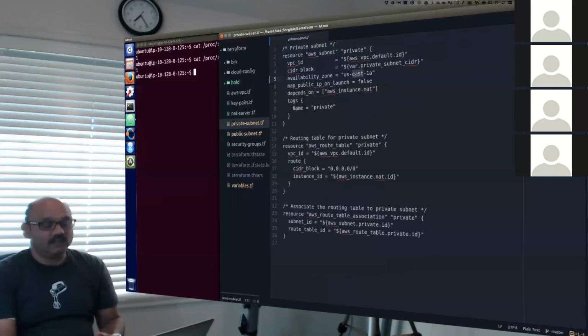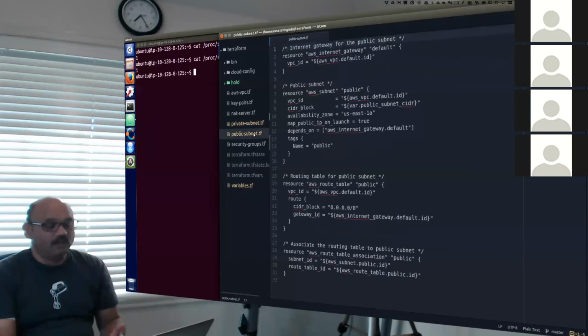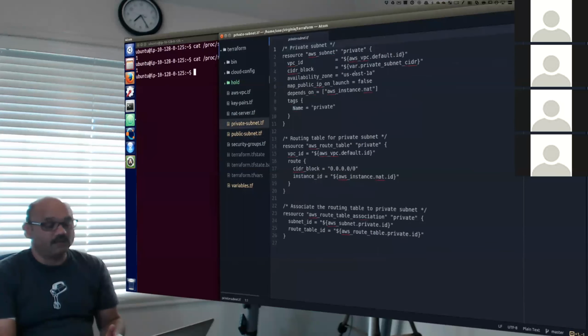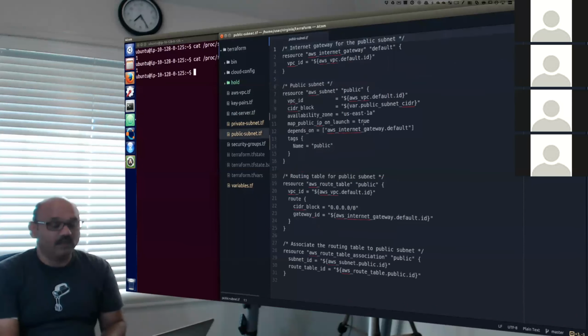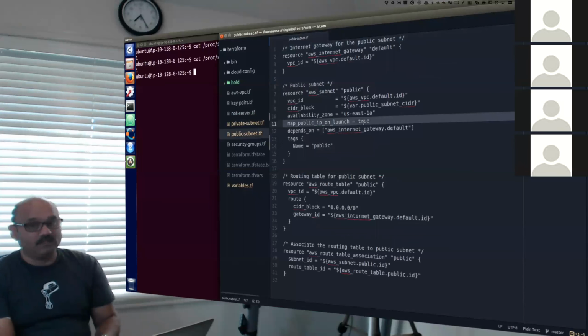In our private subnet, we are also saying that, use the subnet CIDR, use east1. Yeah, we want to use East Coast because we are in Virginia. And so map public IP on launch, we want to say false to it, as opposed to public subnet, where we said true to it. In a public subnet, we want the machines to get a public IP address.